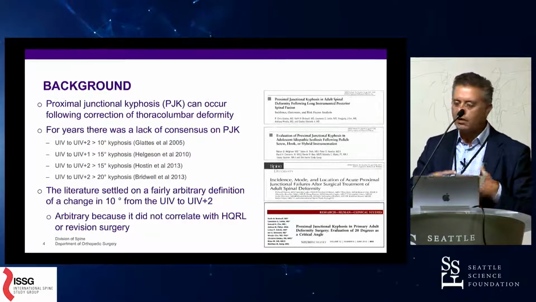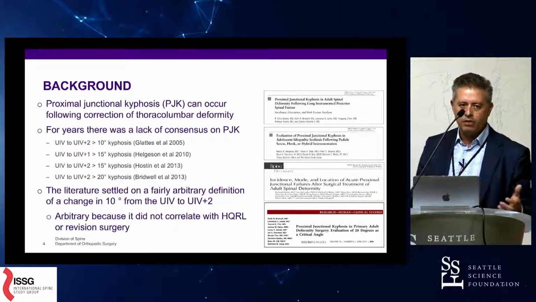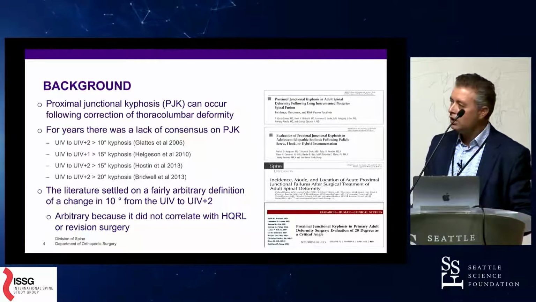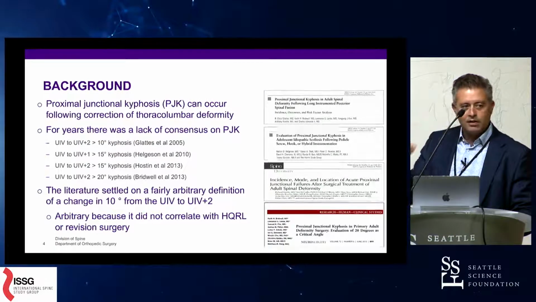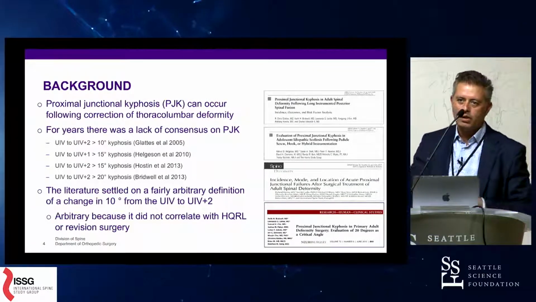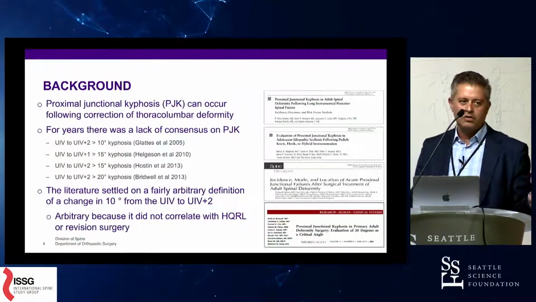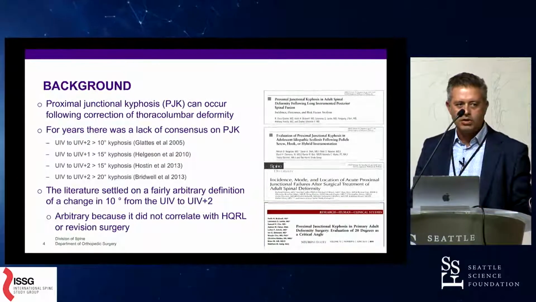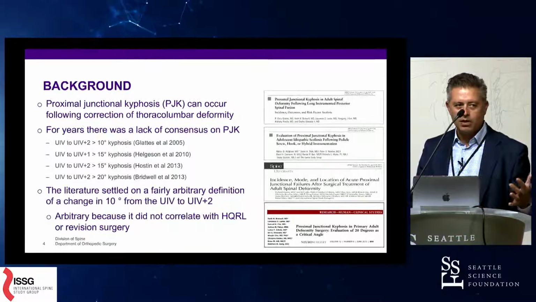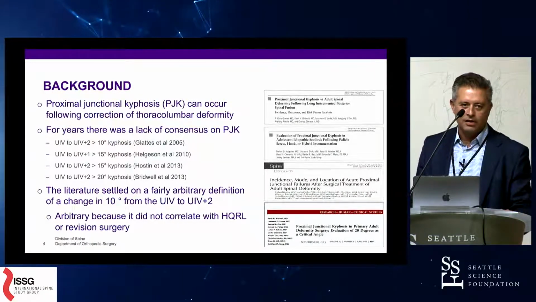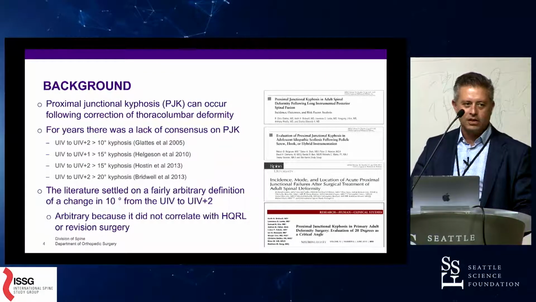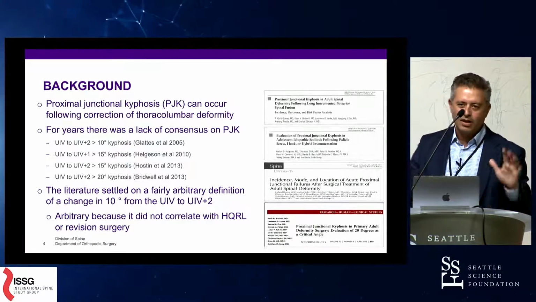because it was never really based on any data, any health-related quality of life outcome measures, or even revision rates. But it makes sense that people would have this definition because if you're going to put a study together in your institution, you're probably going to have a couple hundred patients, and if the rate is like 20% in deformity correction, you're not going to have a lot of patients to slice and dice. So rather than going with a definition that's clinically relevant, it's easier to just say, let's go with the change